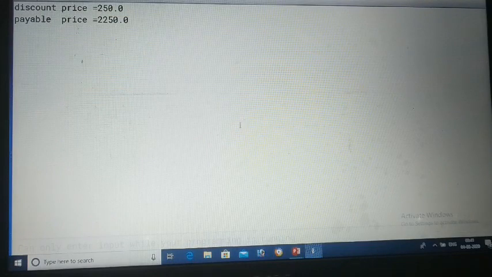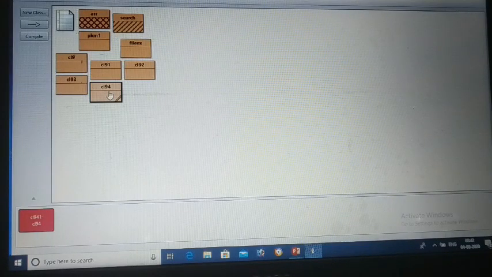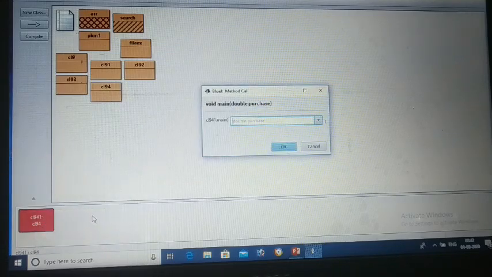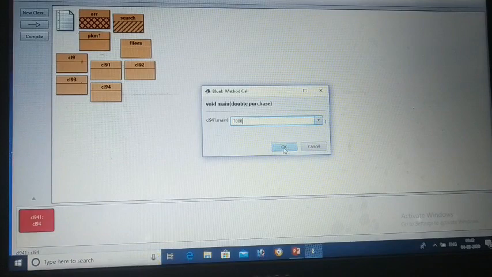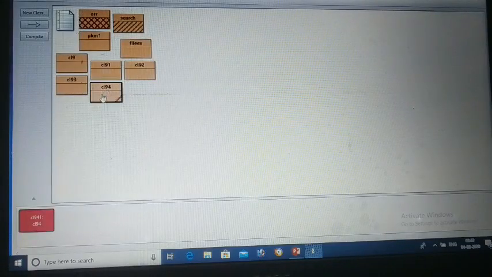Is it okay? Clear? So this way your direct calculation programs are proceeded, implemented again on a few values. Suppose we have given 7000. See the discount price and payable price. You are getting 1400 discount, and you have to pay how much? 5600. So this way you can calculate the discount options using this condition.